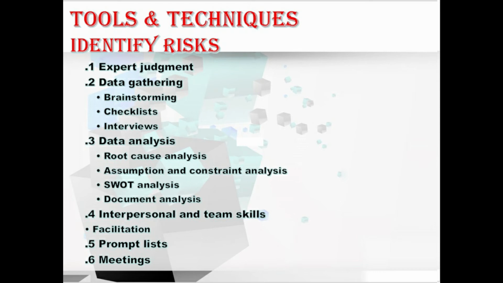Let me explain one by one. First, with root cause analysis. The root cause analysis is typically used to discover the underlying causes that lead to a problem, and it develops a preventive action. It's so simple here. And also, it can be used to identify the threats by starting with the problem statement and exploring which threats might result in that problem occurring. Hope you understood. And also, this technique can be used to identify the opportunities by starting with the benefit statement and exploring which opportunities might result in that benefit being realized. Hope you understood about this RCA root cause analysis.